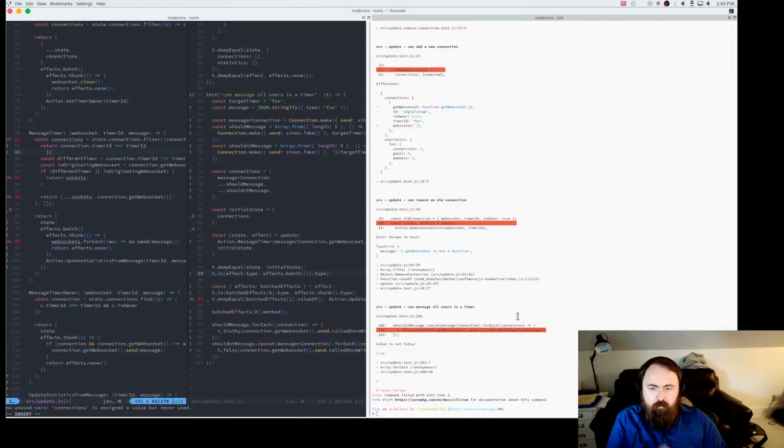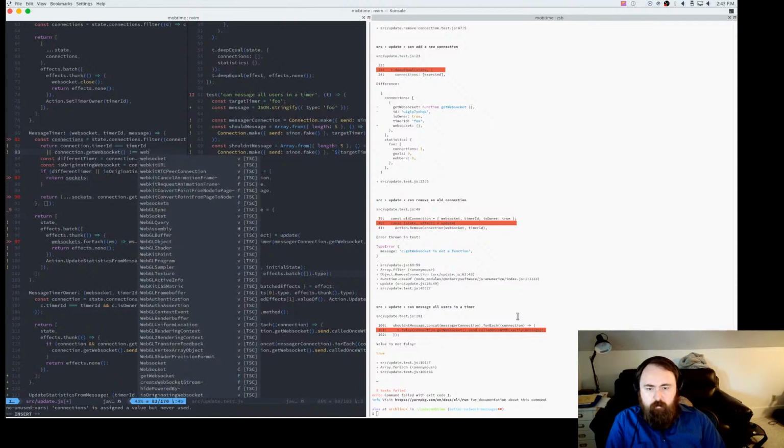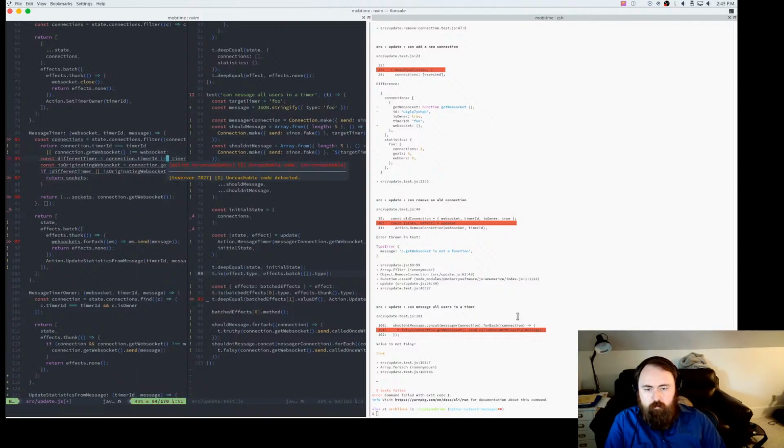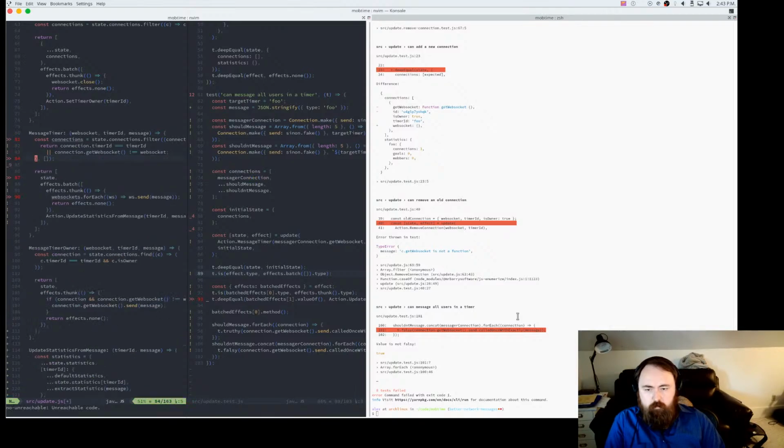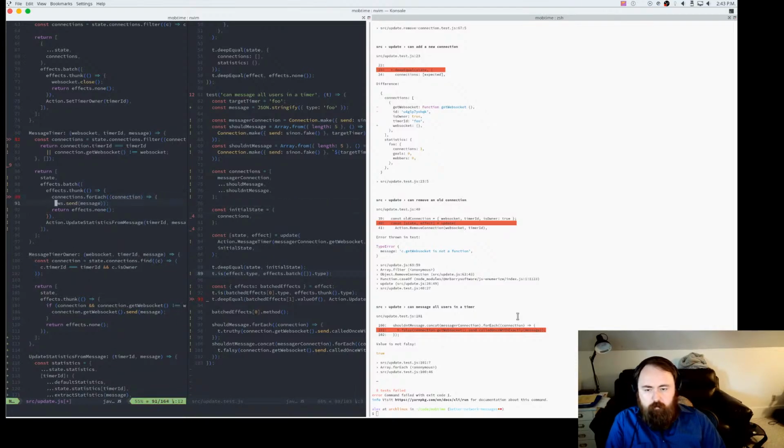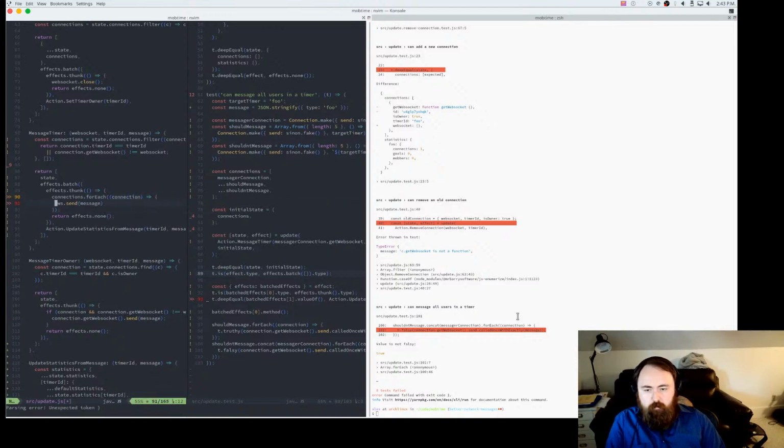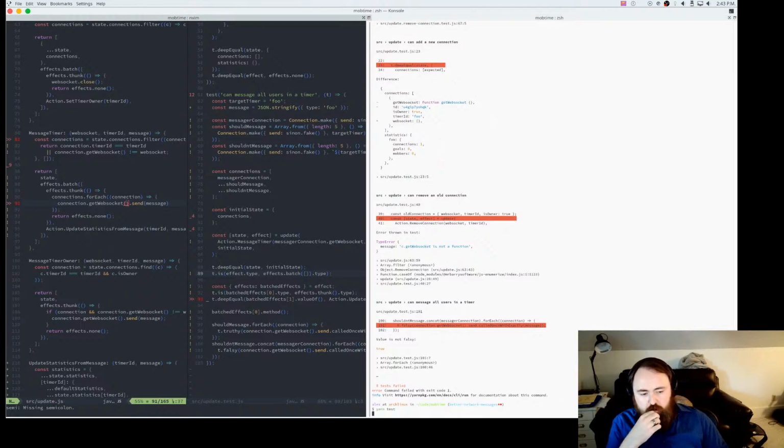No, an or. Or connection.get WebSocket, not WebSocket. Okay, so now we have our connections, and now we're saying connections.forEach connection, and inside each connection, we'll just multi-line this to make it a little more readable. Connection.get WebSocket, send message.